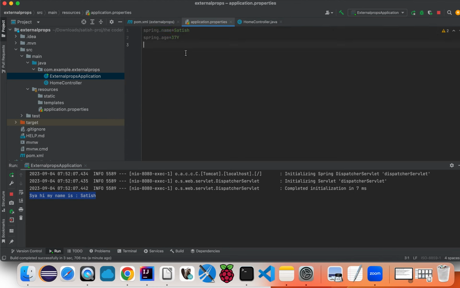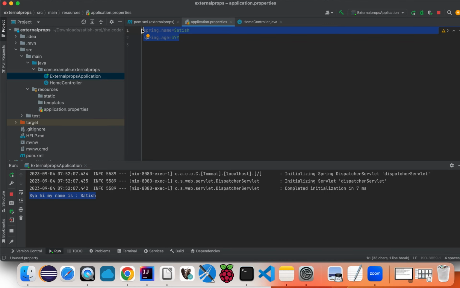Now there is a different way we have to use. The plan is that we are going to externalize those properties, so we are moving them out. Why is this so important? Your application.properties or your YML may contain your DB ID, password, username, or other security stuff, which is basically a threat. So what the industry is doing nowadays is separating out that info from your Git or your application and